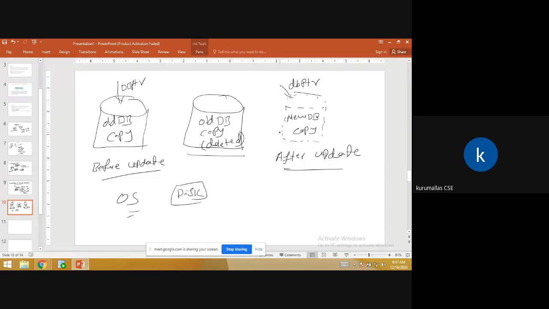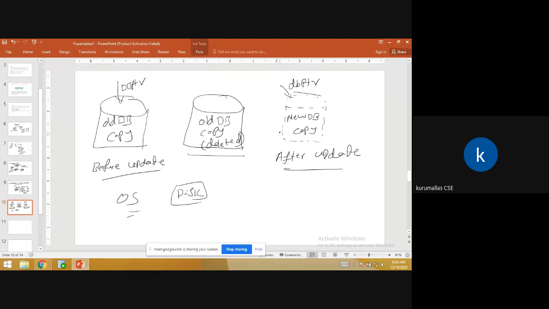Now the system failure issue. We have a database inside the system. Even if there is a hard disk failure or some system crash, the system is in a position to recover the entire database. That is the meaning of durability. So automatically, the shadow copy technique handles the transaction failure issue and the system failure issue.